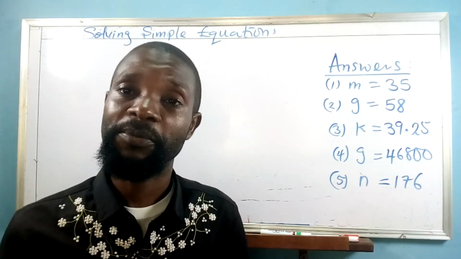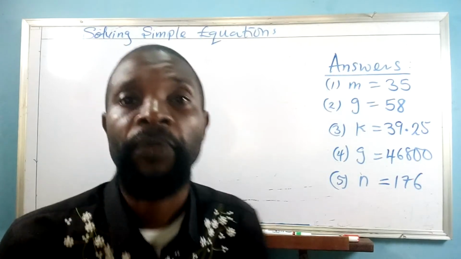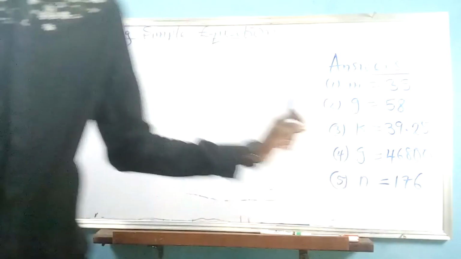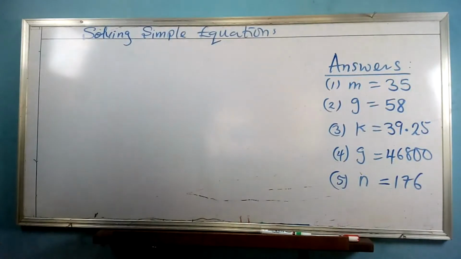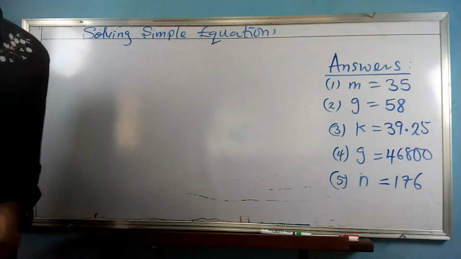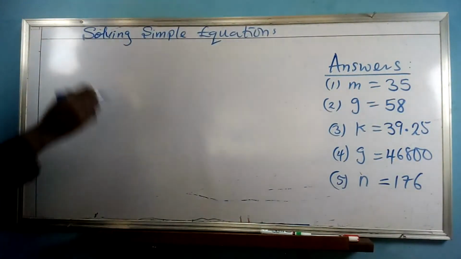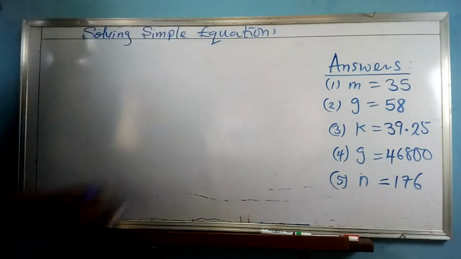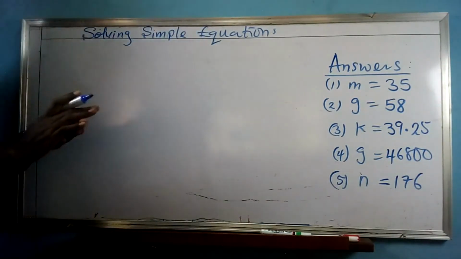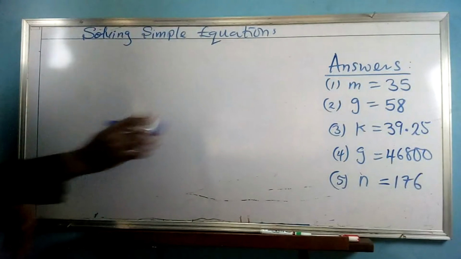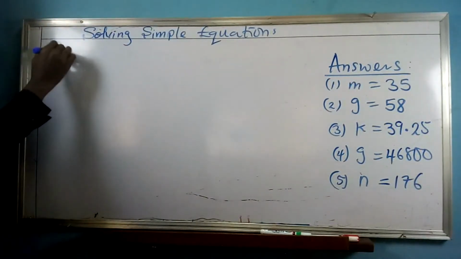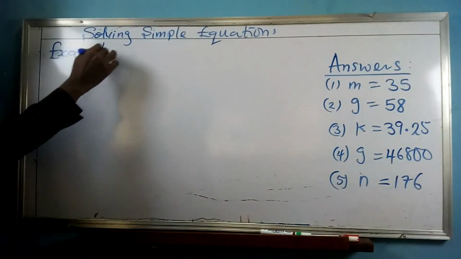Now today we are going to solve a simple equation. I'm not going to waste time today because that area is a combination of almost all what we've been talking about. Let's look at this example. So we'll call it solving simple equation. It's a combination of everything, both addition, subtraction, and multiplication, like that. So let's look at this example. The example: